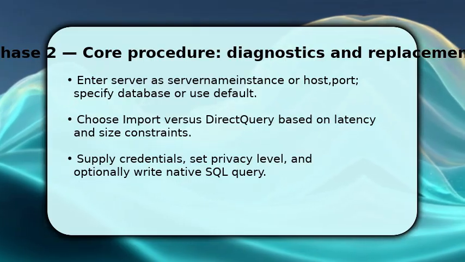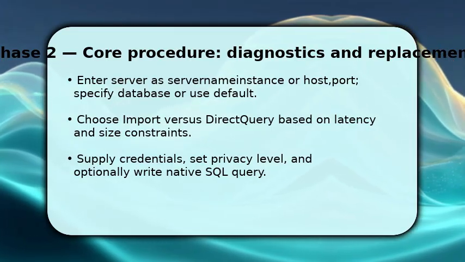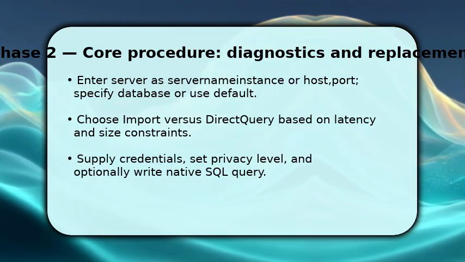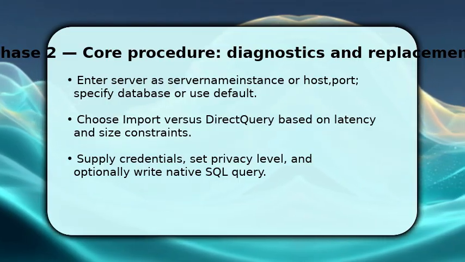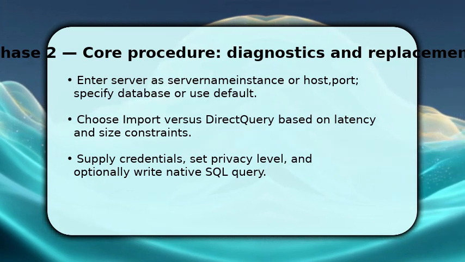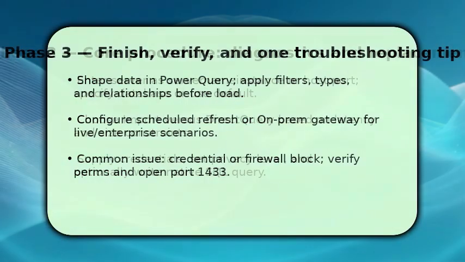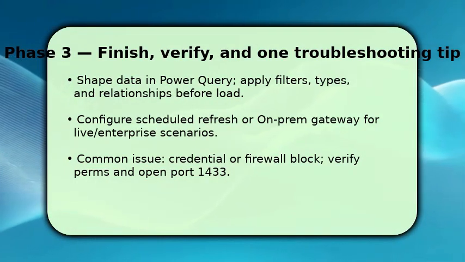Supply credentials when prompted and set the appropriate privacy level to prevent data leakage. If you need only specific rows, write a native SQL query in the advanced options. This reduces transfer and speeds model development. Once data loads, you shape it in Power Query, remove columns, set types, and define relationships to optimize visuals, then